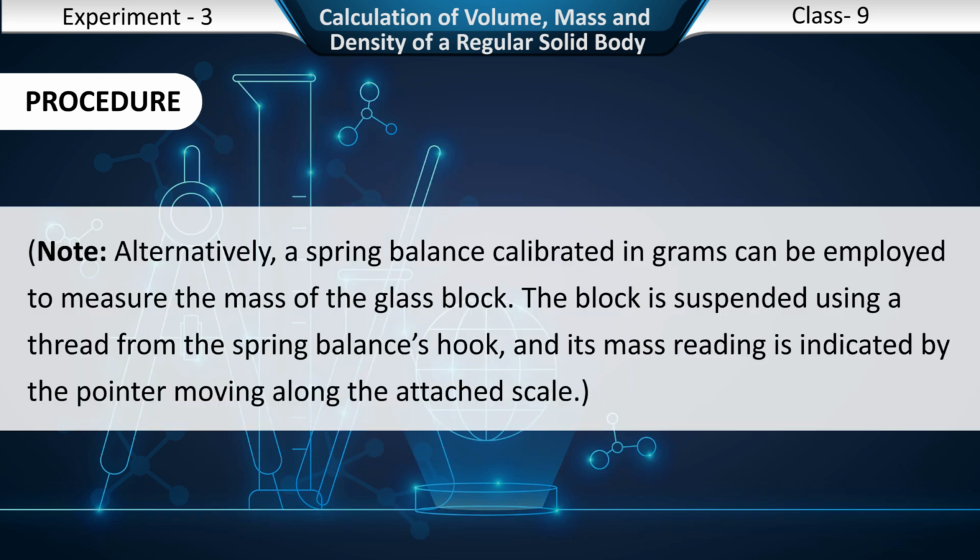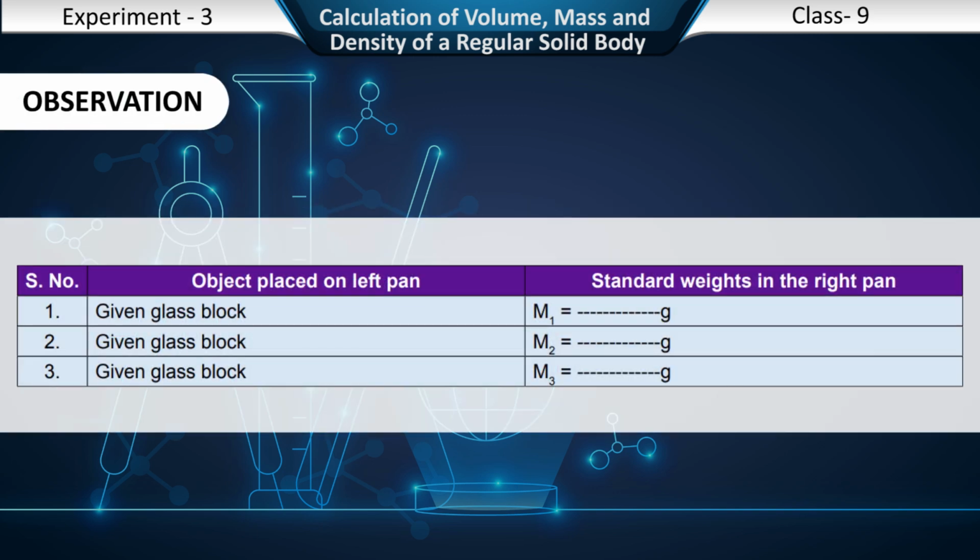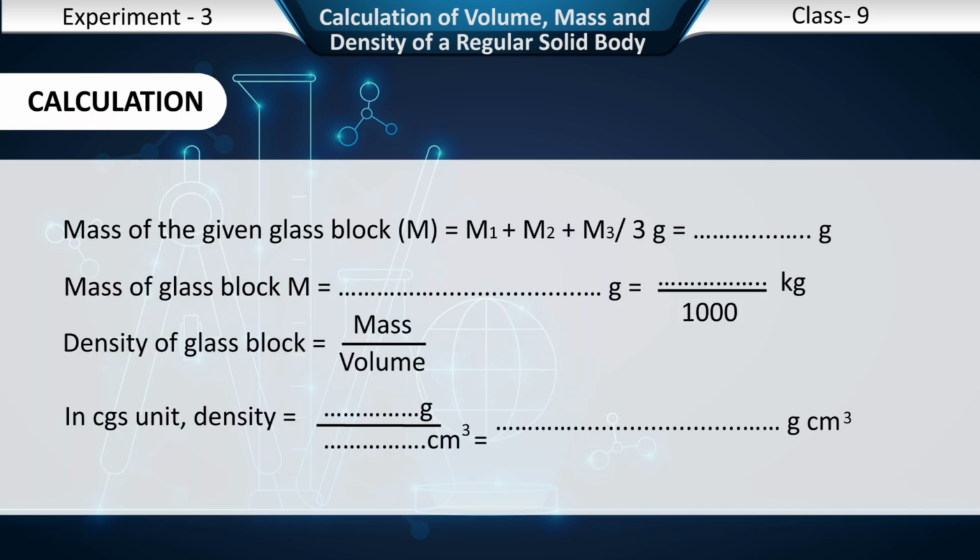Note, alternatively, a spring balance calibrated in grams can be employed to measure the mass of the glass block. The block is suspended using a thread from the spring balance's hook, and its mass reading is indicated by the pointer moving along the attached scale. Observations. Calculation. Mass of the given glass block, M, is equal to M1 plus M2 plus M3 upon 3 gram is equal